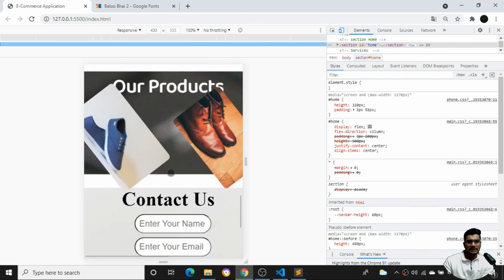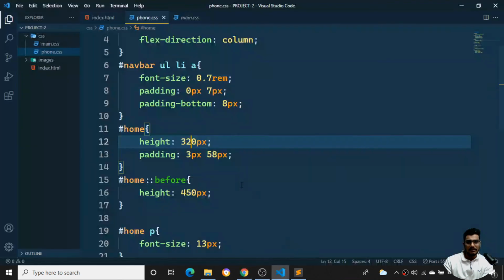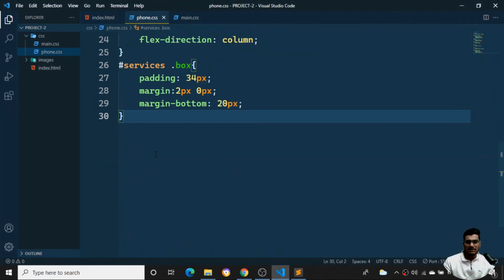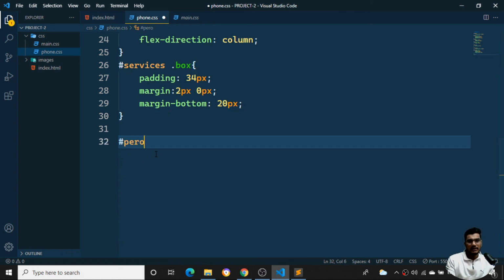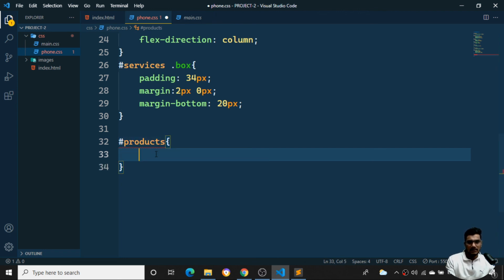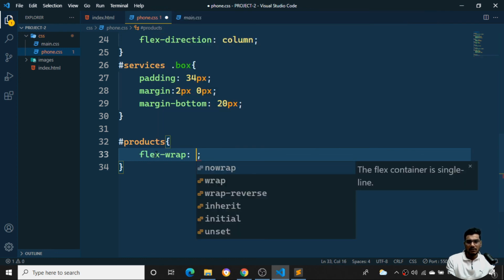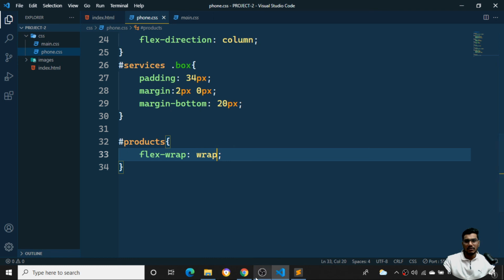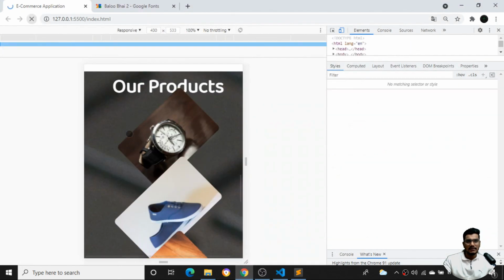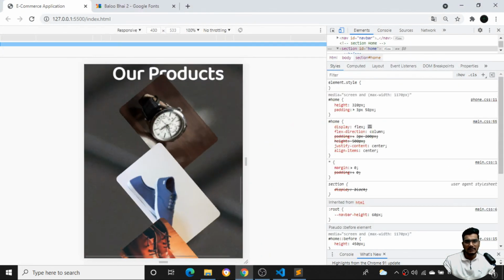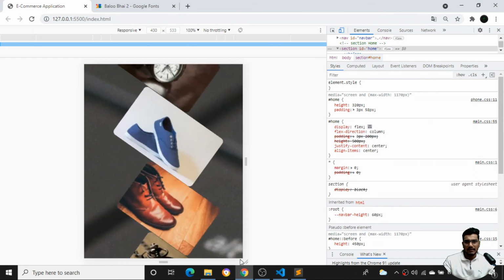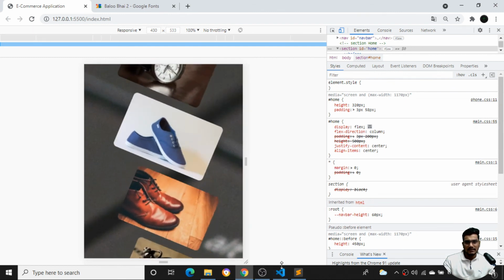So next I need to search for our products as well as the contact page. It is very much easy. You can see not much time has been taken over there. So hashtag products is there, right? For this particular hashtag products, I'll say flex wrap, I want to wrap it. So the images, I want to wrap them. We have seen this wrap property. You can see once I set it, it has been wrapping like this. All the CSS has been applied.